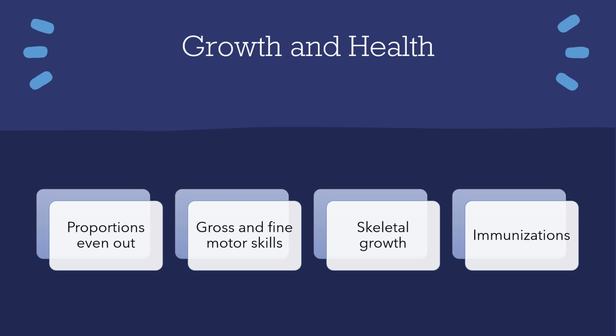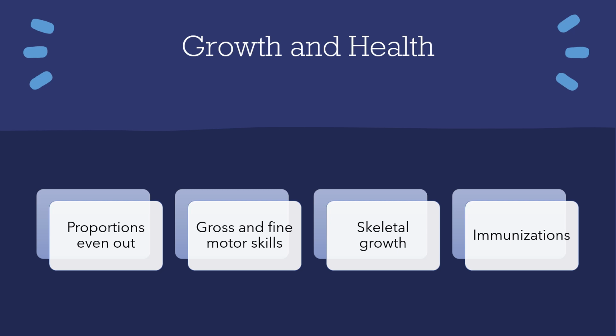Some growth that maybe is not obvious from the outside is skeletal growth. Their bones are starting to grow, but also to harden and solidify. Toddlers' bones are more flexible, which is probably a good thing due to the amount of falling that they do that we talked about last time. In this age, their bones are growing, but they're also hardening a little bit. So they're prone to injuries during this time from 2 to 7 because those bones are hardening. There's more potential for them to break if they fall or something like that.